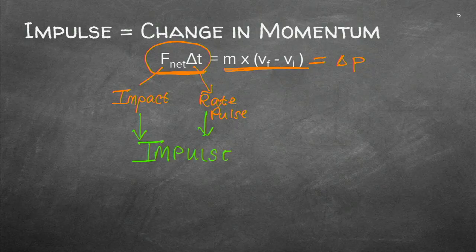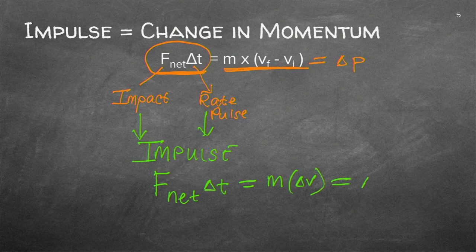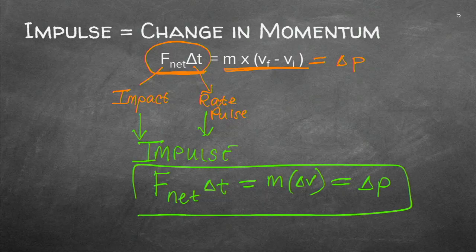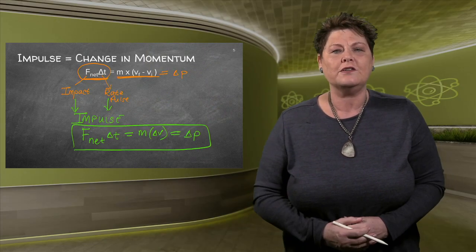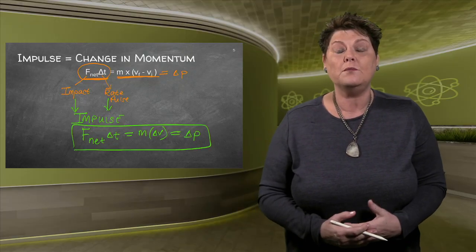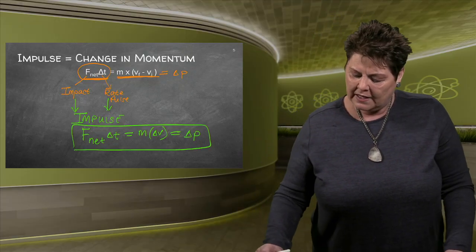So, what is the impulse? It's the net force times the delta t. And what does it do? The force will change the velocity, which in actual fact is a change in momentum. So we now added another equation to your equations that you can work out the change in velocity, the change in momentum, or just the impulse. Let's have a look.